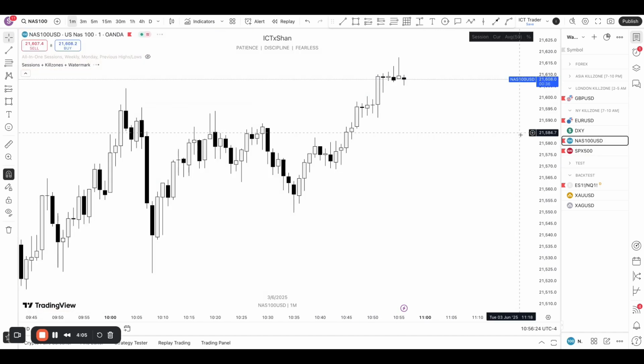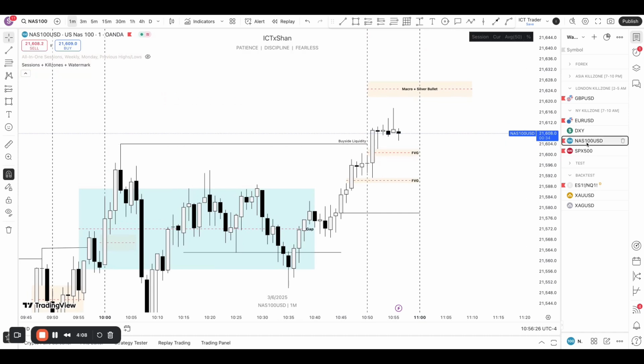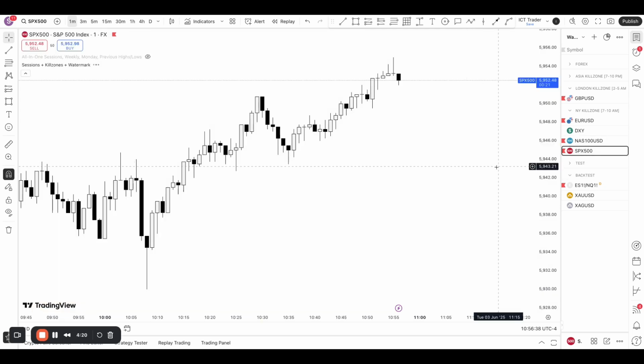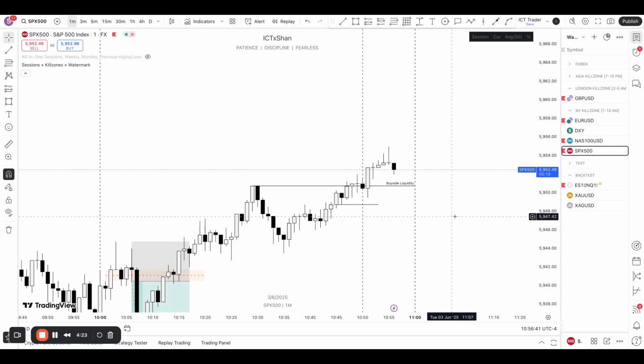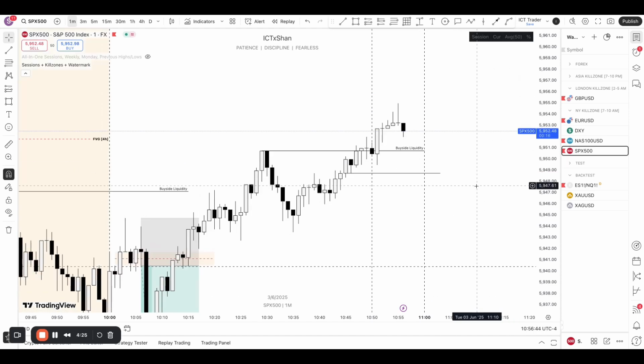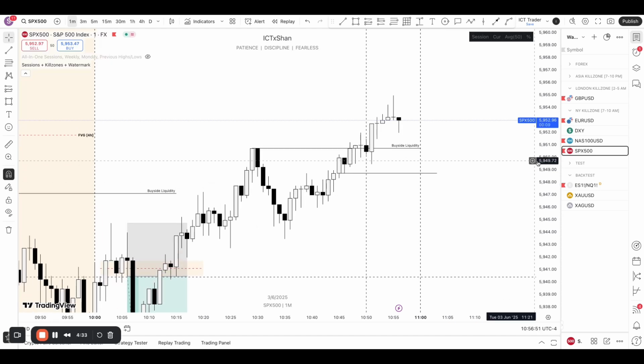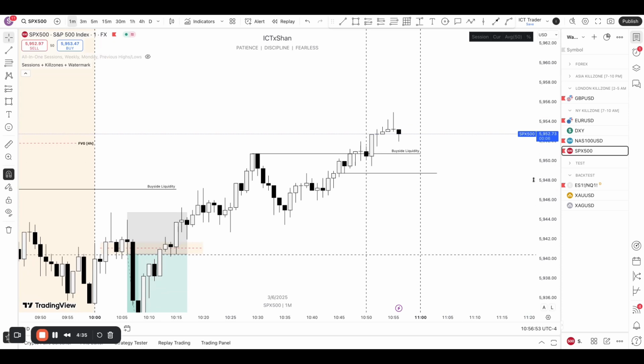Let's see what NQ is trying to create, but S&P 500 is moving lower right now, but NQ is actually bullish today. S&P 500 is bearish today. If you want more videos explaining how to identify the strong pair and the weak pair, then I'll create another video and upload it. So at this moment, you can see that